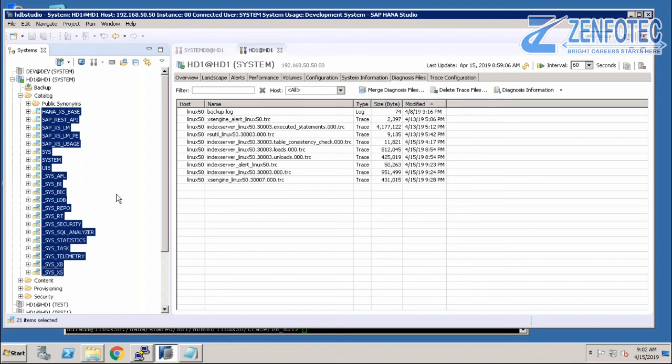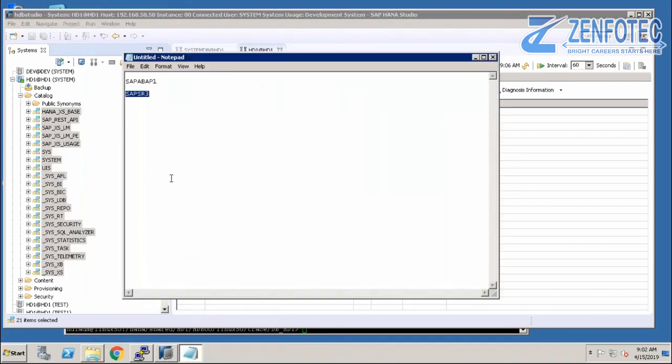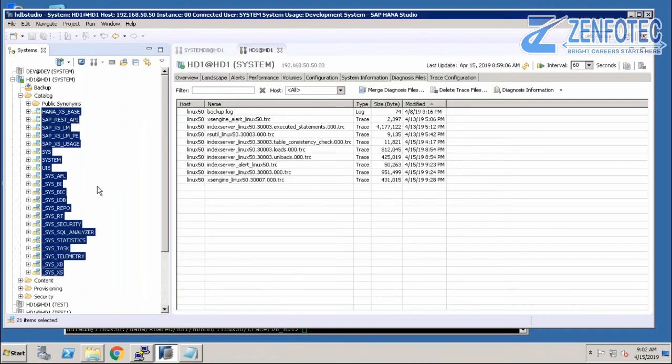Is this the standard one? The one which you have selected now? Yes. So this is the standard one. No, this one with underscores is this one. Yeah. This is the default. Okay. Default one, yeah, not the standard. Yeah, we can say not the standard, but this is the default schema available in the system's HANA database.